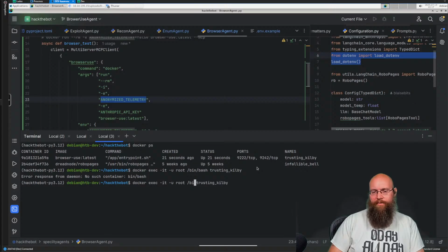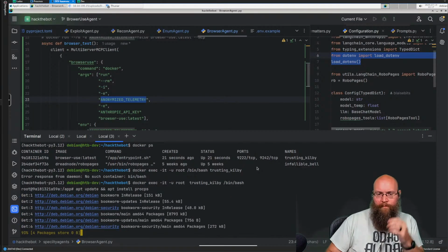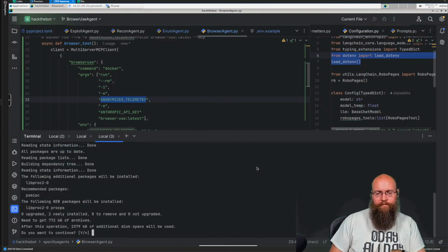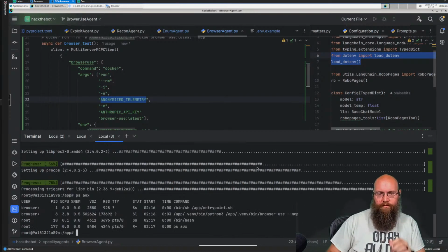Oh, I got this backwards. Bin bash. There we go. Apt update. Apt install procps. Yep, it's up and it's running right there.